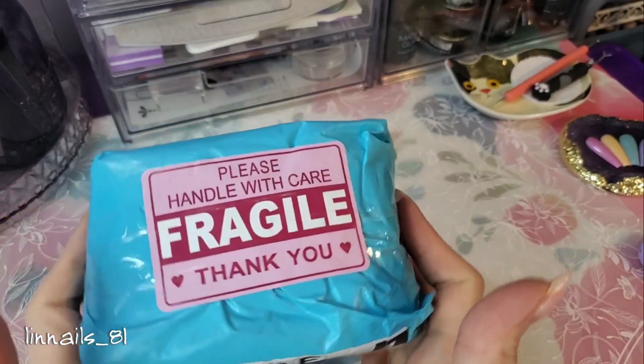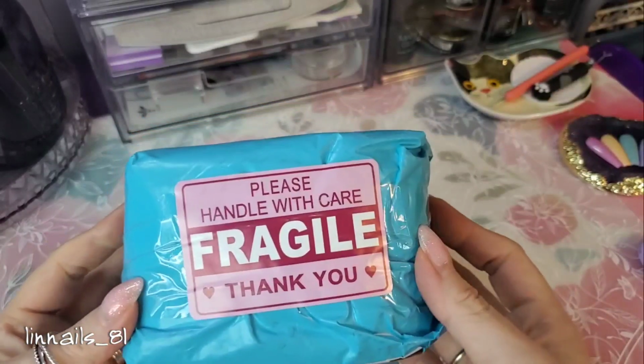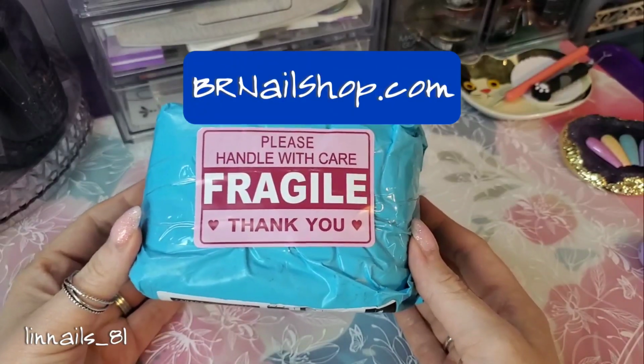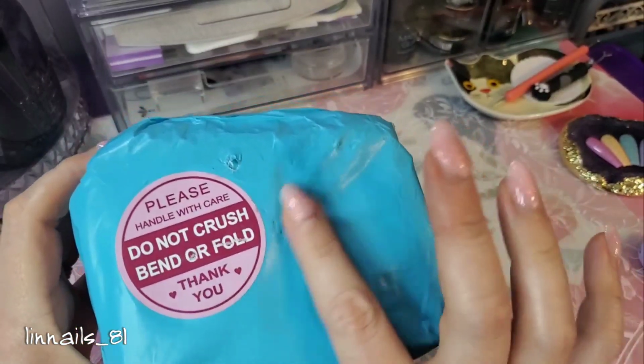So today I have a little package here that I want to open and show you guys, and we'll kind of go over it a little bit. I received this package from Crystal from Blue Rose Nails. It is the Design It nail cards, and not gonna lie, I already peeled off